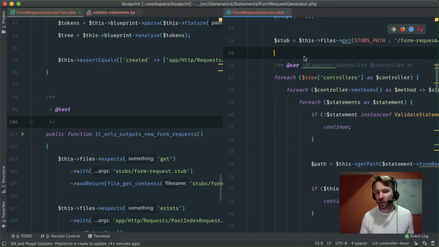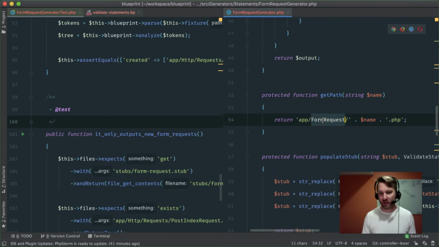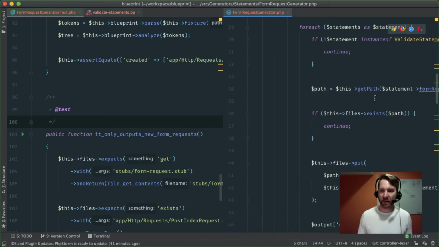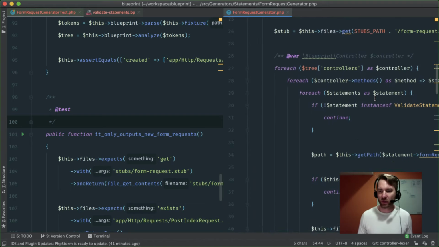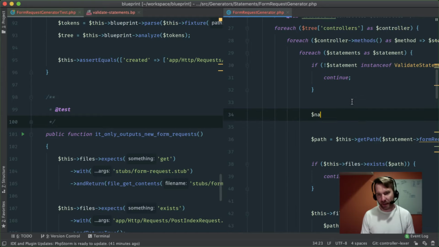And now the issue here is probably get path. This needs to be app HTTP requests, and then here's the rub. What's the name of this thing? It'd be nice to send a name as something else. So let's do this. Let's do a name is equal to